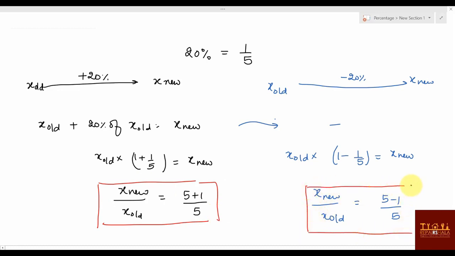Very, very important. Now I'm going to tell you the basics about percentage. This value is called the base or original number, and this value is called the result. Now if increase is happening, can you say this base is becoming base plus result? Yes or no? When a 20% increase is happening, 5 will become 6. And when reduction is happening, the base is becoming base minus result. Right?